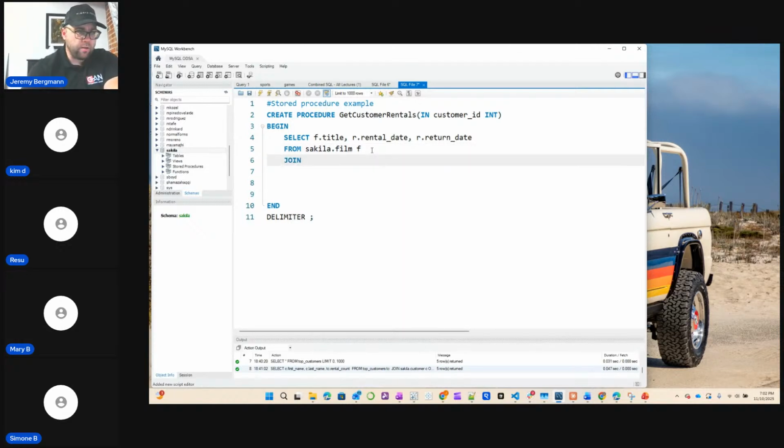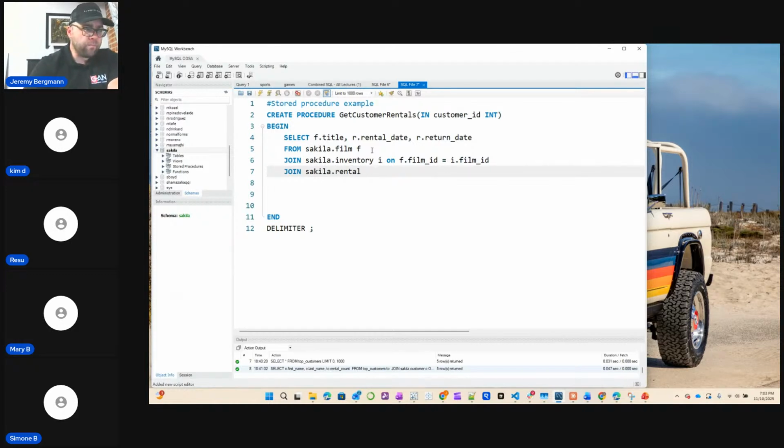We're going to join sakila.inventory on film ID. Join rental. Or on I dot inventory ID,